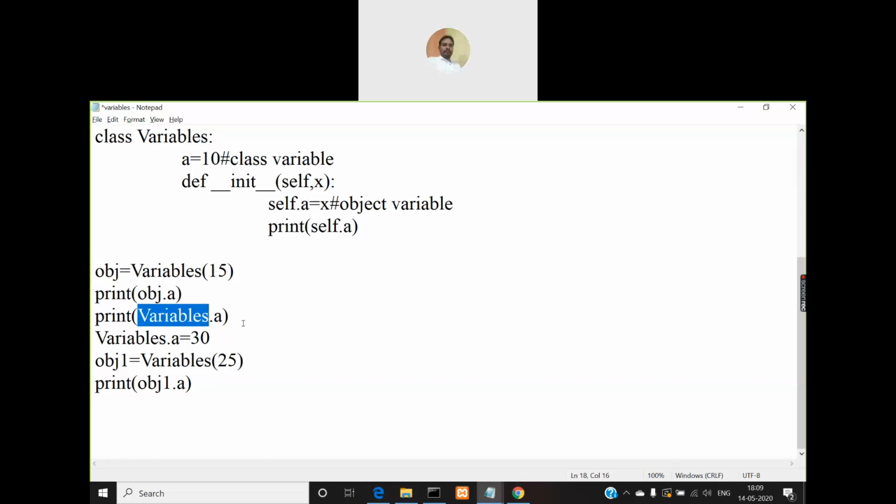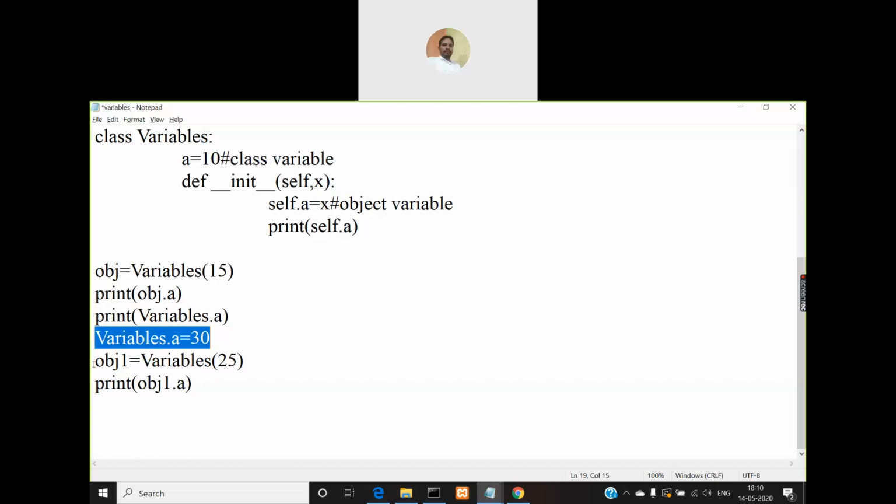Then what I am doing in the next statement, I am modifying the value of class variable a to 30. So here class variable a is initialized with what? 10. When this statement, variables dot a is equal to 30, is executed, the previous value of a, that is 10, will be erased and the new value will be 30, right?